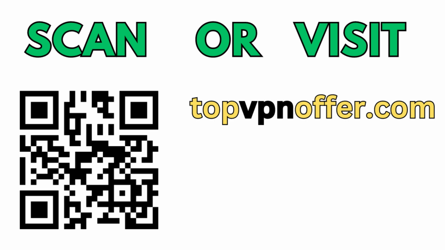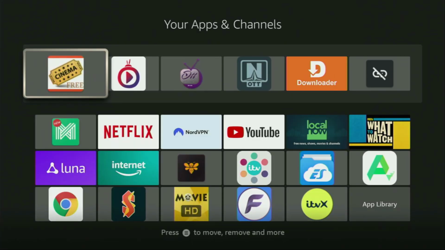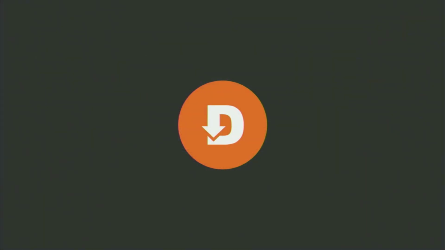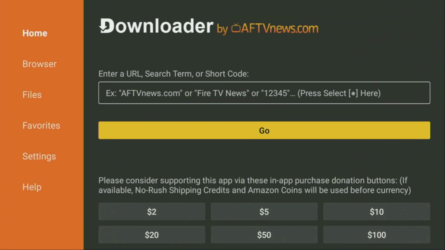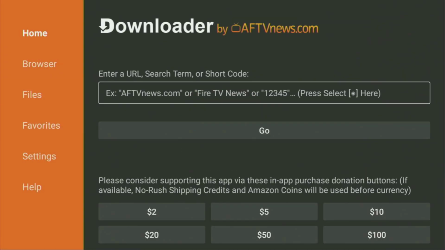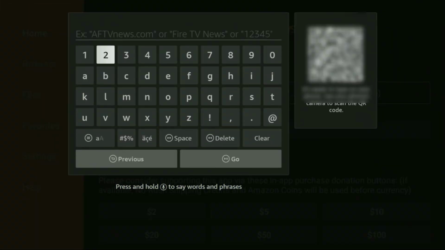And now, finally, let's use Downloader safely. So we need to open the Downloader application, which is right here, wait until it loads, and then here on the left side menu, it's very important that you click on Home and not on Browser. So once again, make sure that you have clicked on Home, and then here in that search bar, we'll need to enter a code, which is going to be